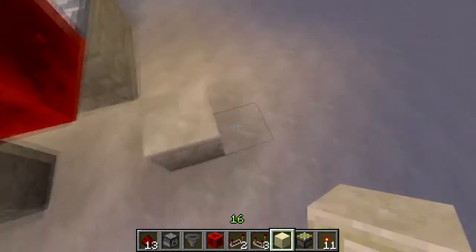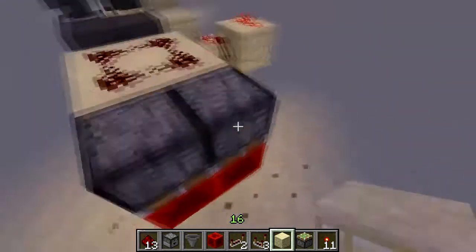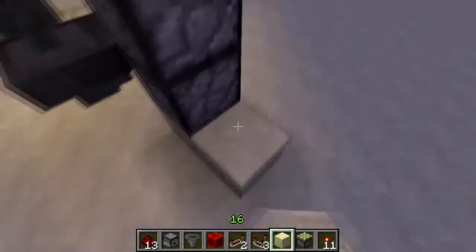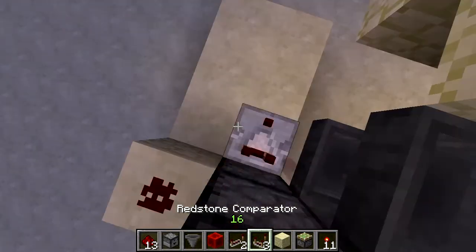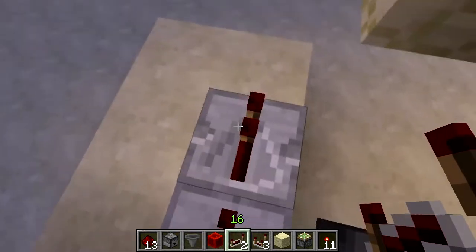And these are where your outputs will be from the printer. So we'll do that in a sec. And last thing is the item elevator, sorry. So this will detect if there's items in here, and that'll be sent through a repeater and